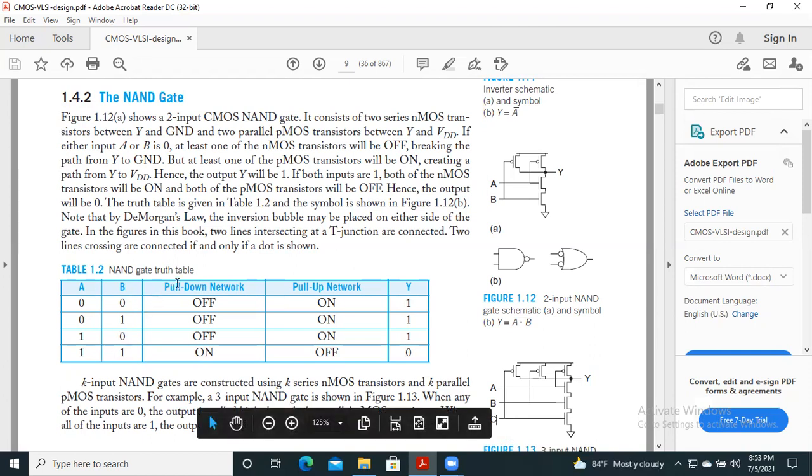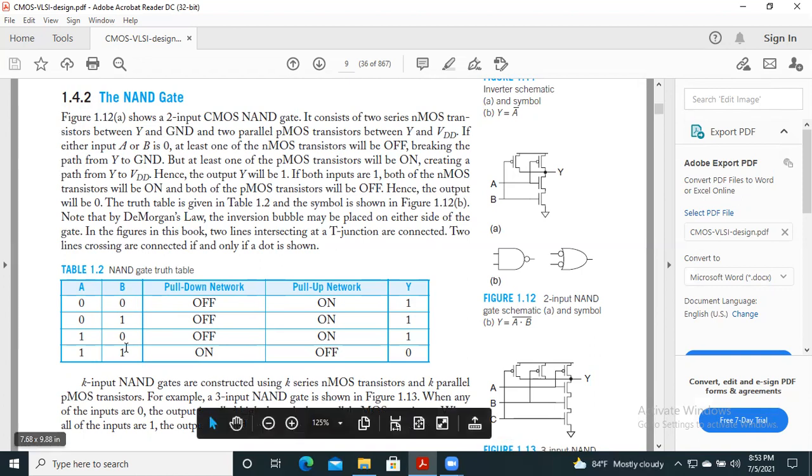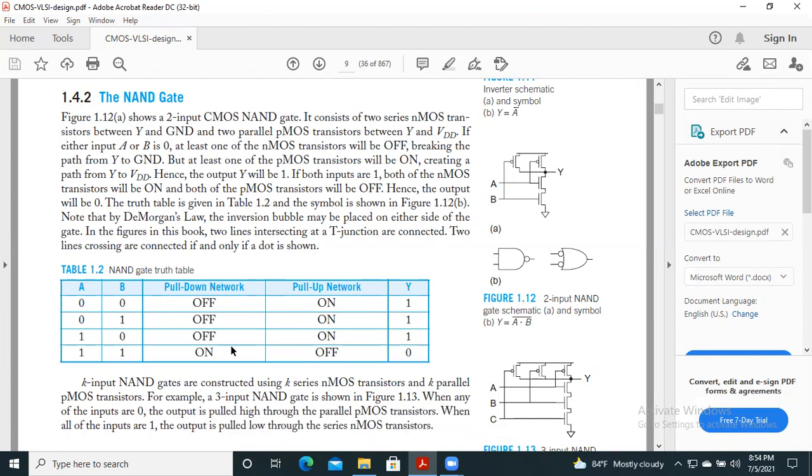In this truth table, it is seen that for both inputs low, that is 0 0, the pull down network is off and the pull up network is on, and the output will be high, that is 1. For 0 1 input, the pull down network is again off and the pull up network is on, and again the output is high. For 1 0 input, the pull down network is off and the pull up network is on, and the output is again high.